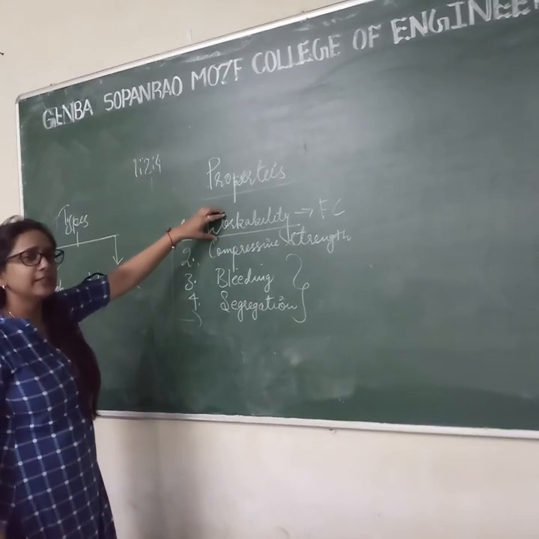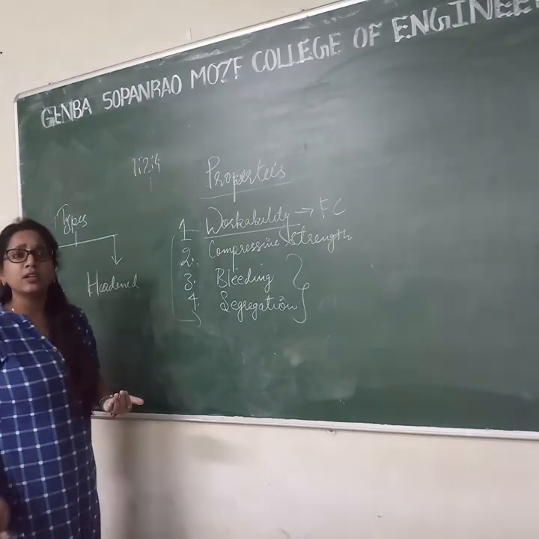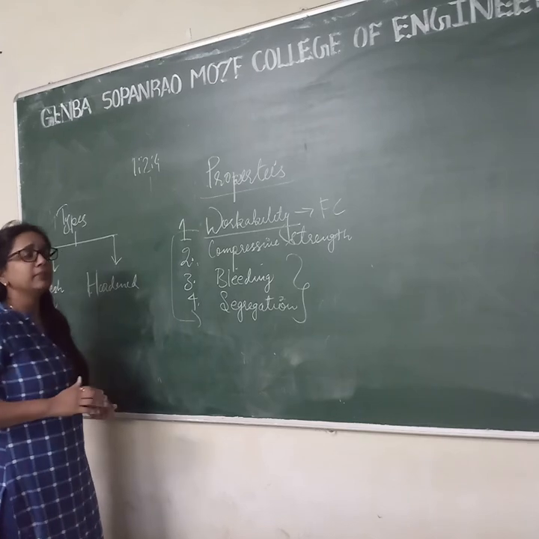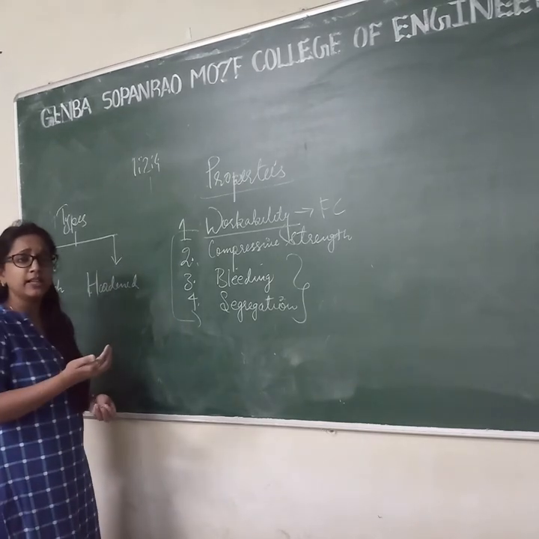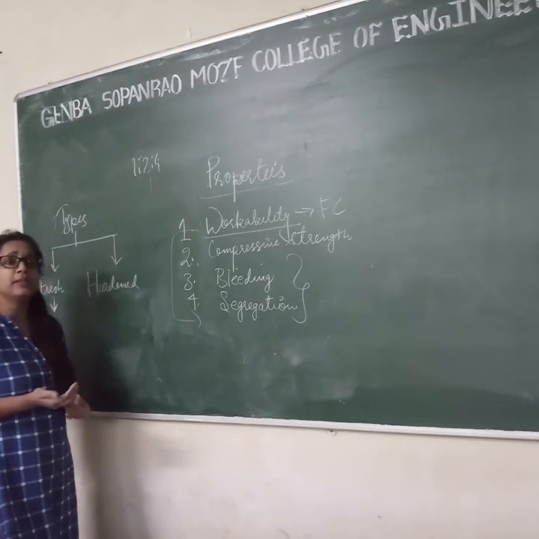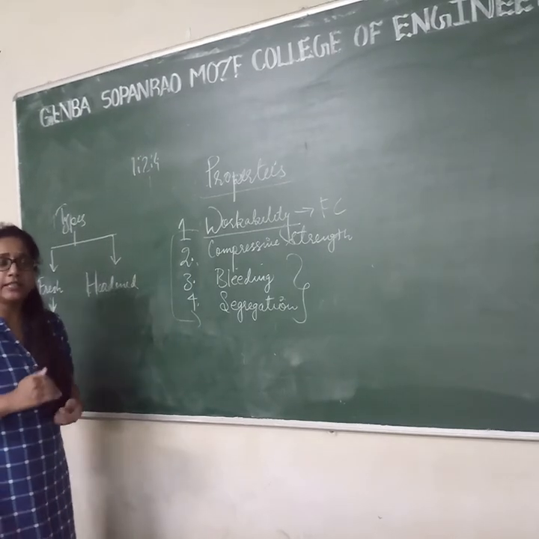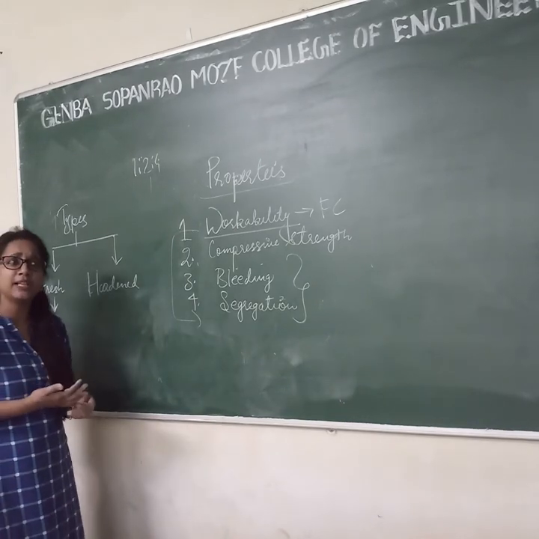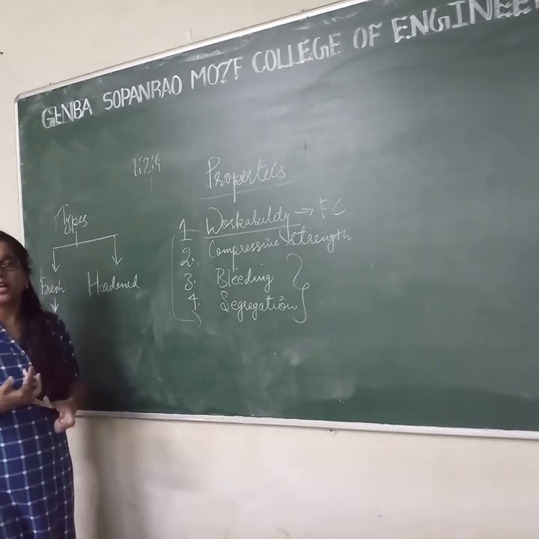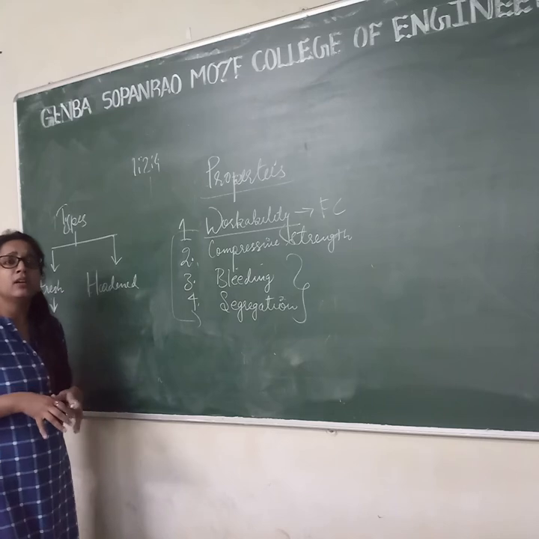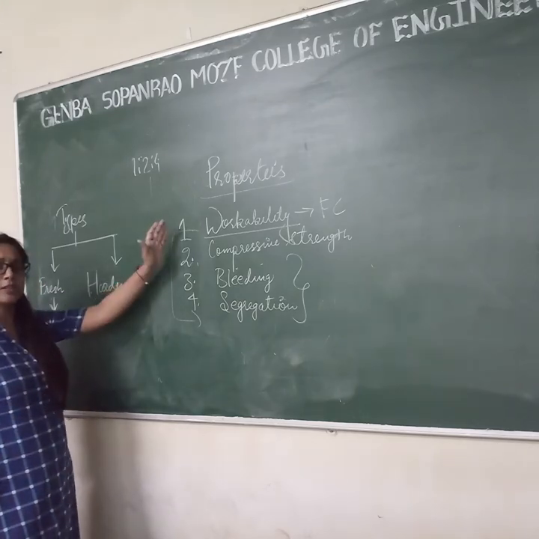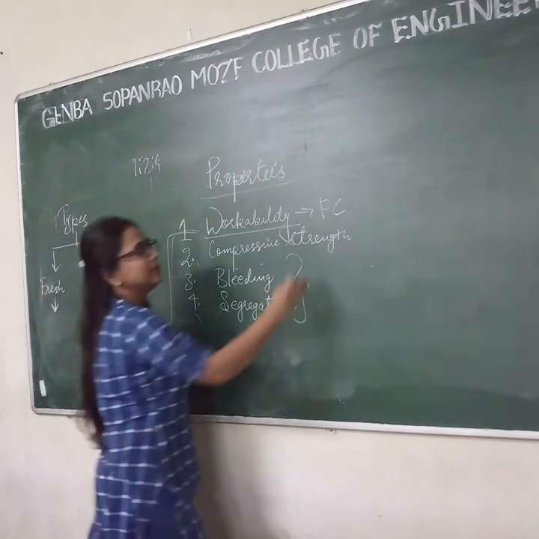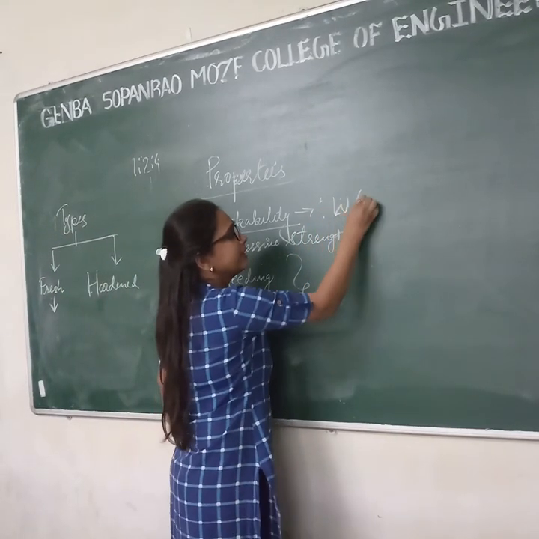Okay, workability means the ease of flow in the concrete. Workability means the water added to the concrete will be in good quantity, so that it can be transferred from one place to another easily. It can be placed, it can be transported, it can be made. So these are the factors workability possesses. Factors affecting workability: